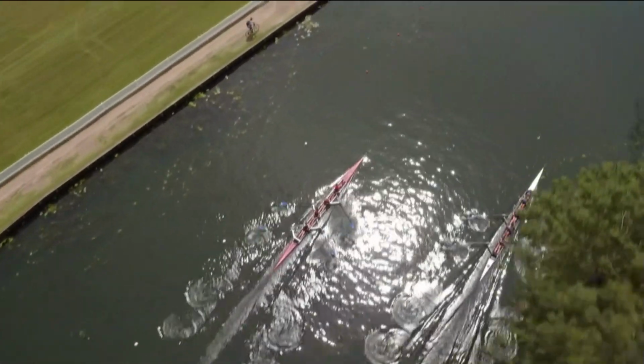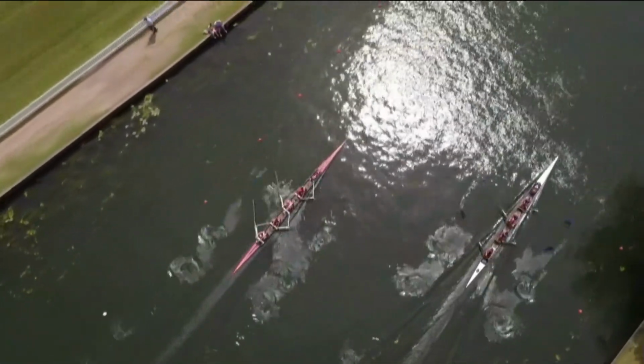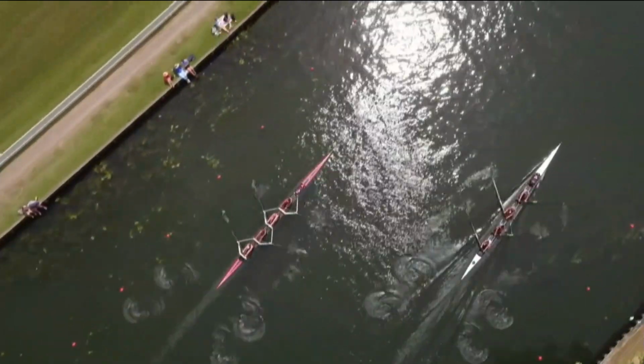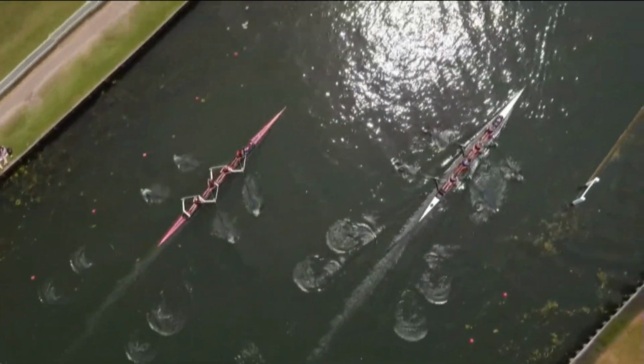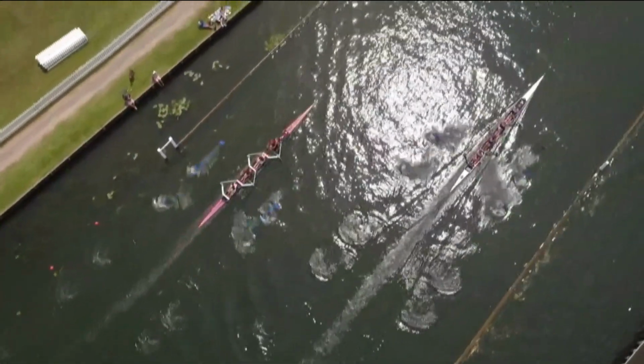And actually, this Sir William Borlase crew, plenty of pedigree on board here. They were silver medalists in the girls' school cox fours at the national schools, so they are no slow pokes, and showing that here, staying in touch with Henley in the early exchanges. About half a length between the two crews, as we can just see from that overhead shot of them making their